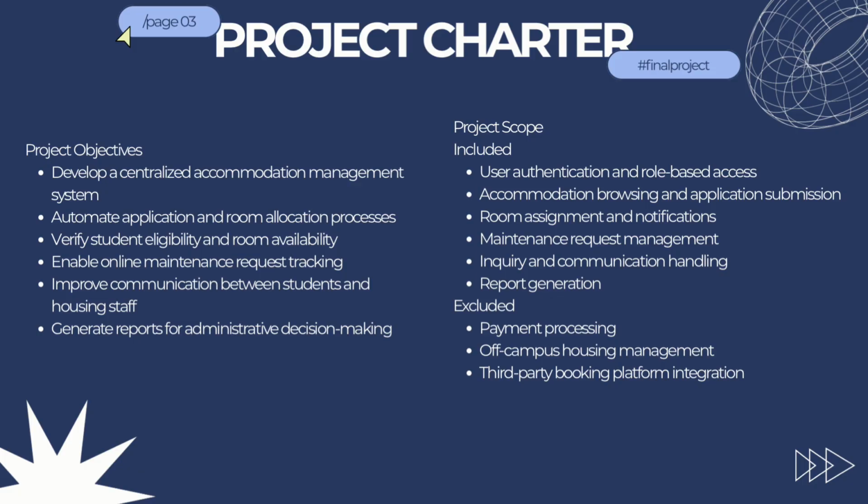The main objectives of this system are to manage student accommodation application and room allocation efficiently, verify student eligibility and room availability, allow students to submit maintenance requests online, improve communication between student and housing staff, and generate reports to support administrative decision-making. The scope of the system includes user authentication, accommodation application, room assignment, maintenance request management, inquiry handling,